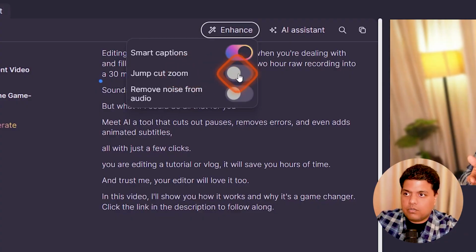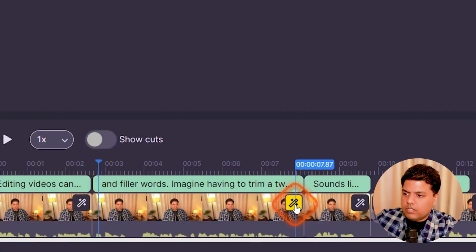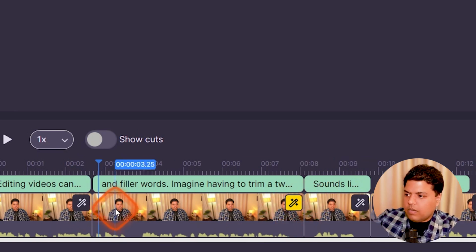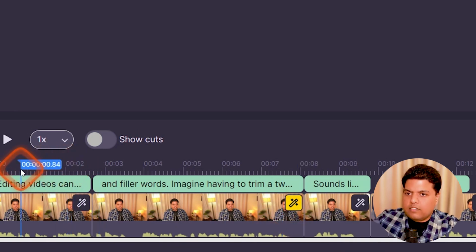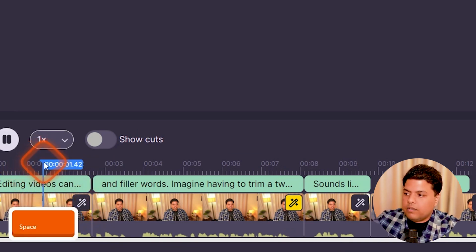Next, we have got jump cut zoom. As you can see on the timeline, we have got jump cut zoom icons here, and some of them are in black background and some of them are in yellow background. What it is doing is, the ones which are not highlighted do not have jump cut zoom applied to it. So if I play through it,